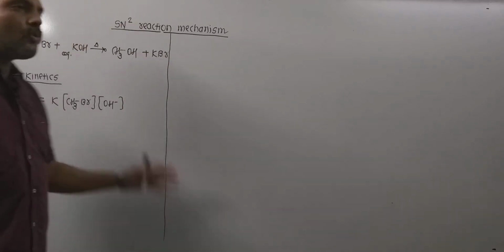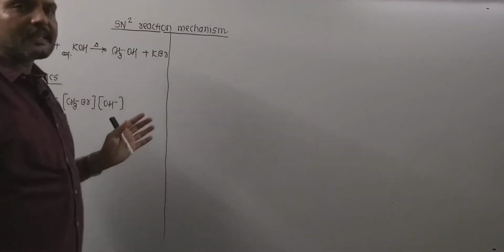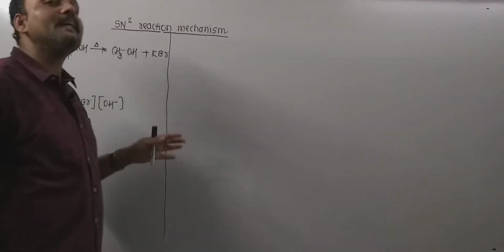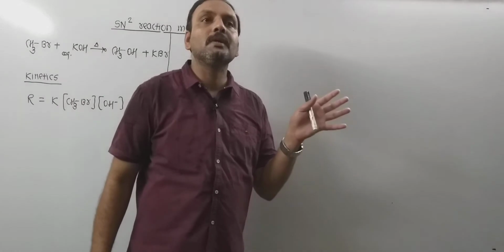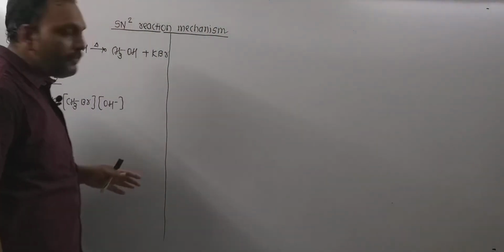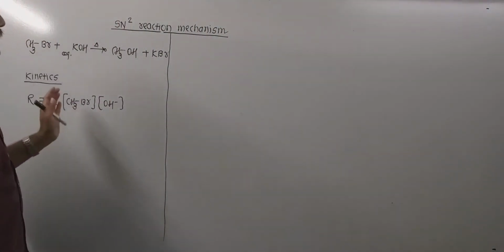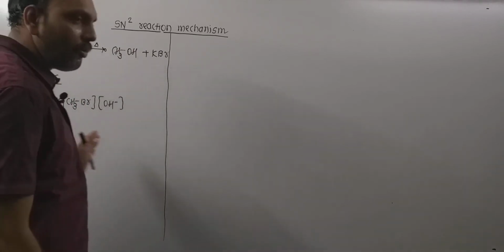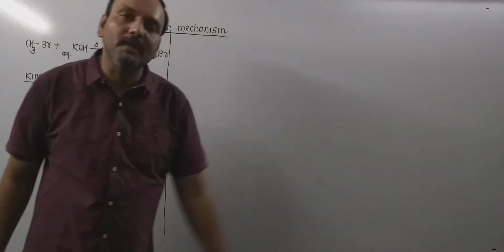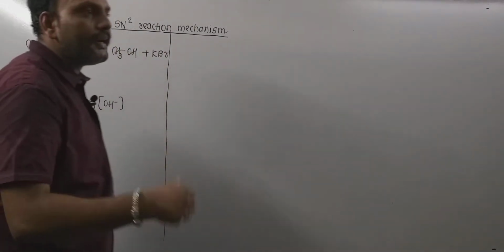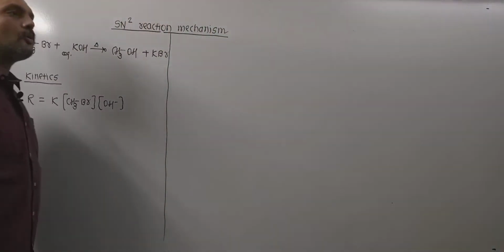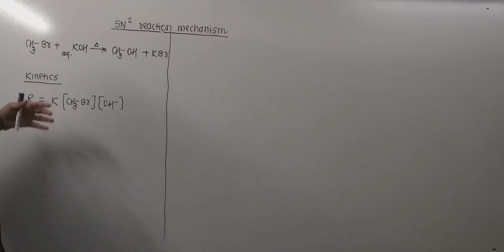As far as the kinetics of this reaction is concerned, experimentally it is determined that this reaction is second order. I mean, the rate of hydrolysis depends both on the concentration of the substrate, that is methyl bromide, as well as the concentration of the nucleophile, and hence it is a second order reaction. We all know very well that order is experimentally determined. So by knowing the order of the reaction, one can give the rate expression for this as follows.